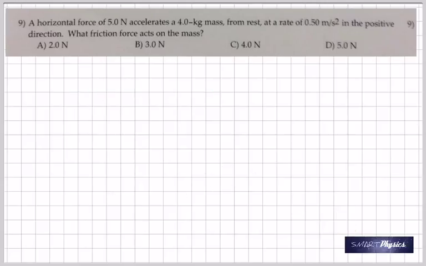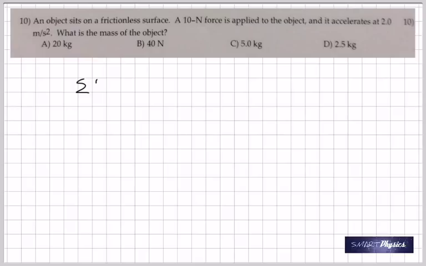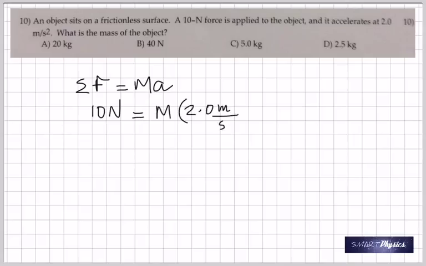And that brings us to the last question. An object sits on a frictionless surface, a 10 Newton force is applied and it accelerates at 2 meter per second squared. What's the mass of the object? Now, that is a joke. So easy. And force is mass times acceleration. There is no friction here, so the only force is 10 Newton. And therefore the mass is